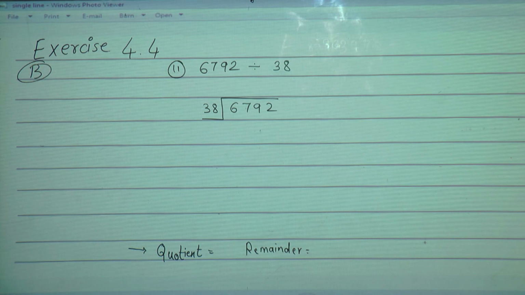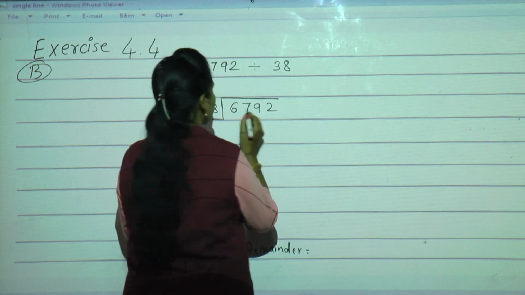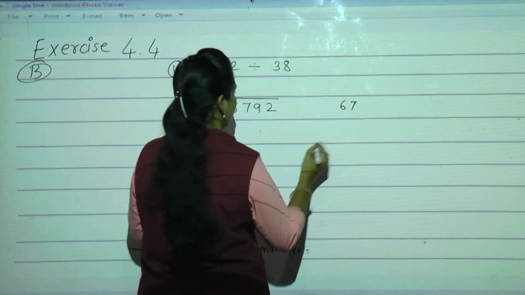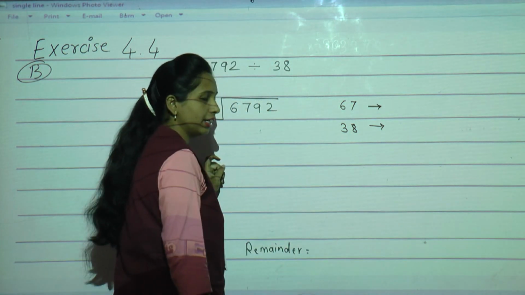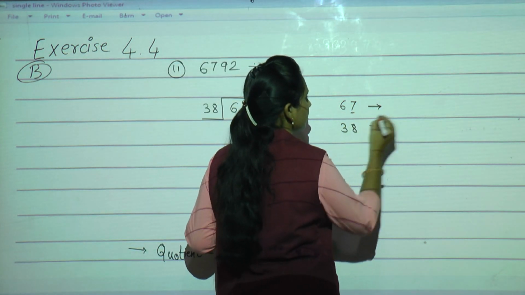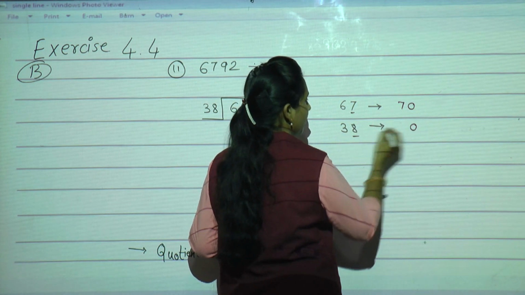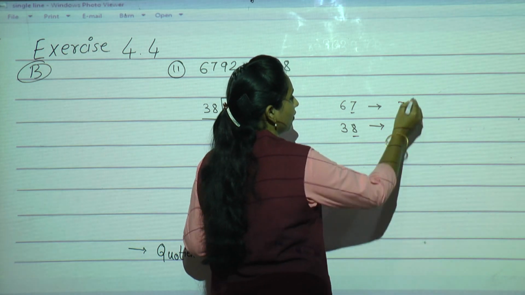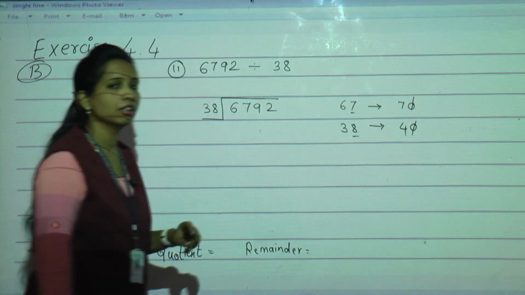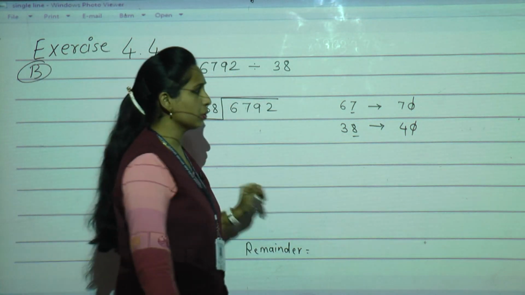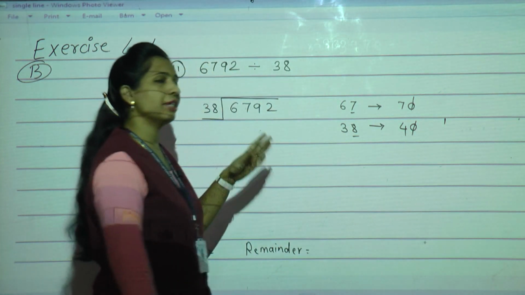Yes, tell me. Now for that, what do we have to do? Write the first two digits, 67, and the divisor is 38. Okay. Find the estimate. 7 is there, so 0 and 7. Now 8 is there, so 0, and add 1, that makes 4. Now I will cross out the 1s. So 4 and 7. How many times does 4 go into 7? See, what will the estimate quotient be? 4 ones are 4, and the remainder will be there.